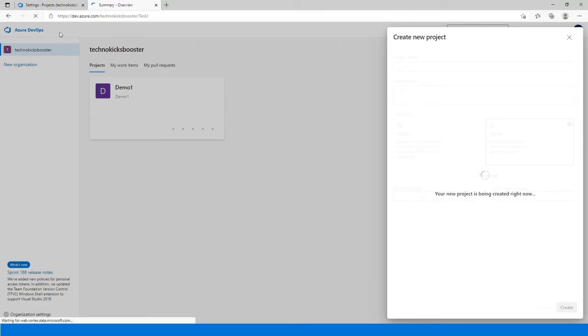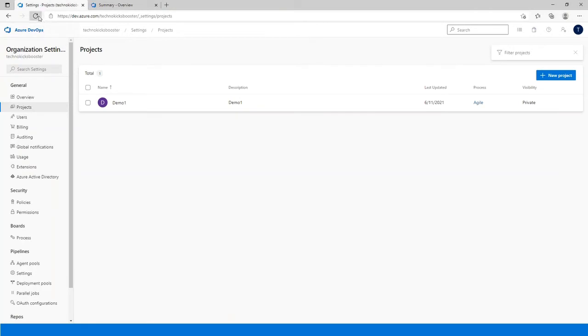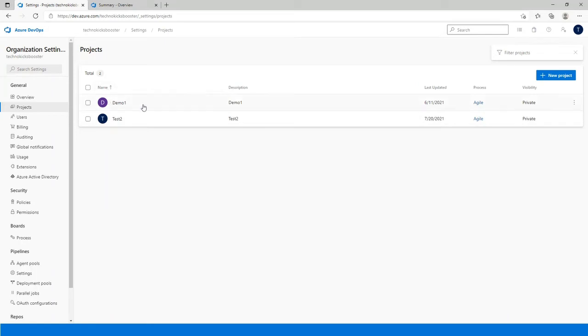Once you create this new project and come here and refresh the page, you'll be able to see the project that has been created here. Here you'll see the name of the project, the description, and when it was last updated or any changes happened at the project level settings. And then what is the process being used for this, like if you have any user defined process, agile, basic or CMMI. Based upon the process, it will be displayed here, the process name that you assign to the project.